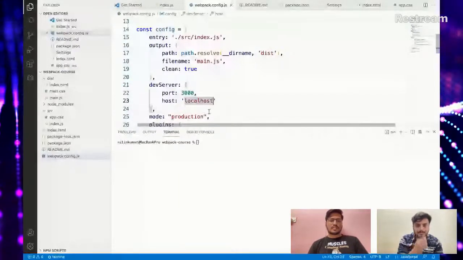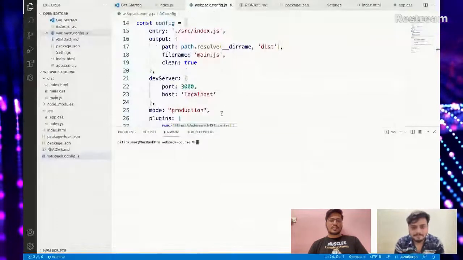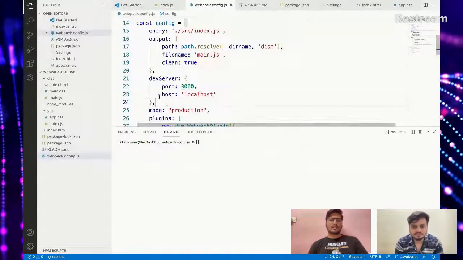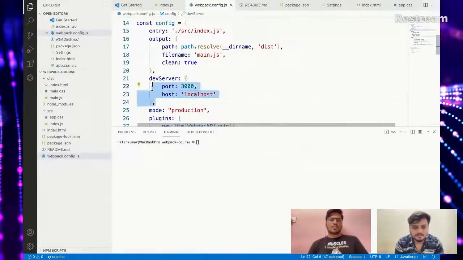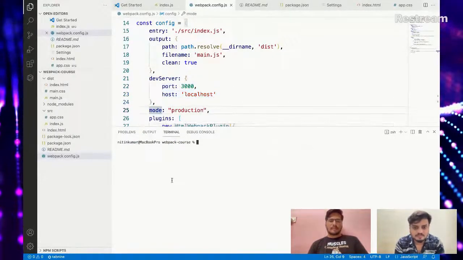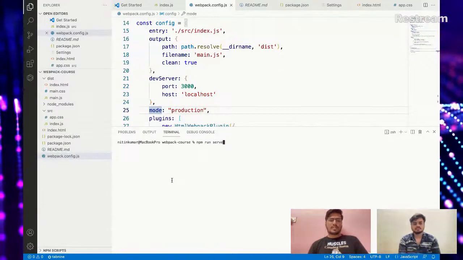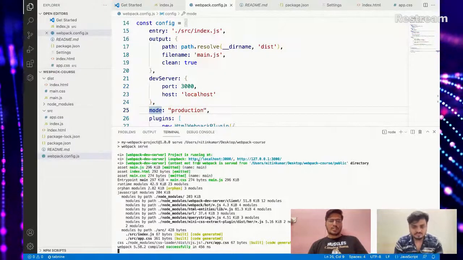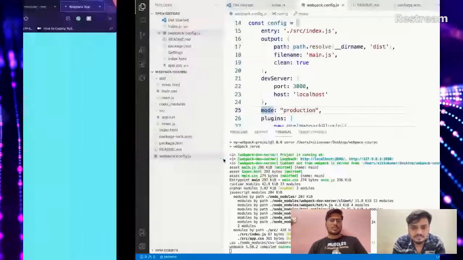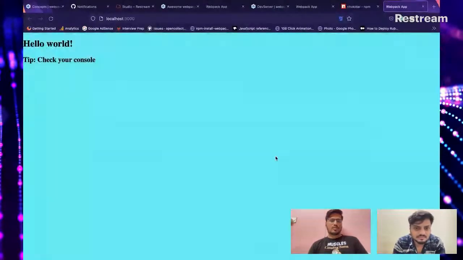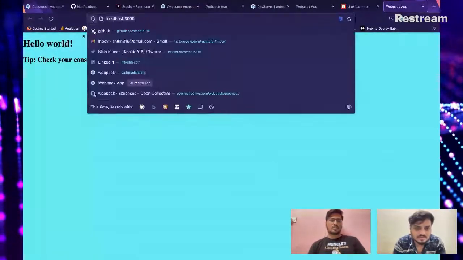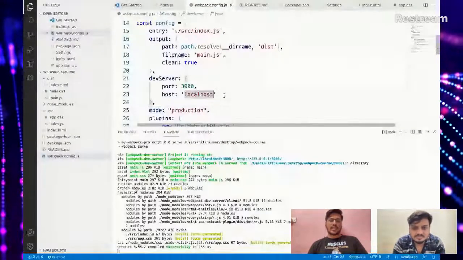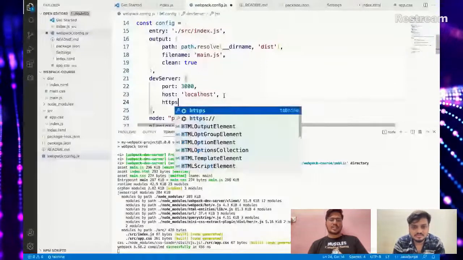Yes, yes. So I have to close the server and run it again now, so that it will use these new options. So npm run serve, and now you can see it is running on localhost 3000. So there are many other options, like you can enable the https protocol as well with https